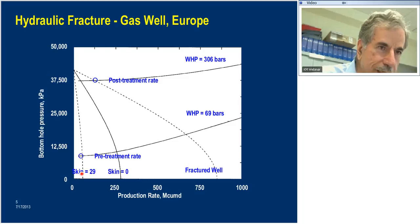And at 69 bar wellhead pressure, right? And the permeability of this reservoir was tight, in the range of the milli-Darcy. So we matched the production with the same IPR and tubing intake curve here. And if we remove the skin of 29 of the current situation to 0, we produce this much more, around